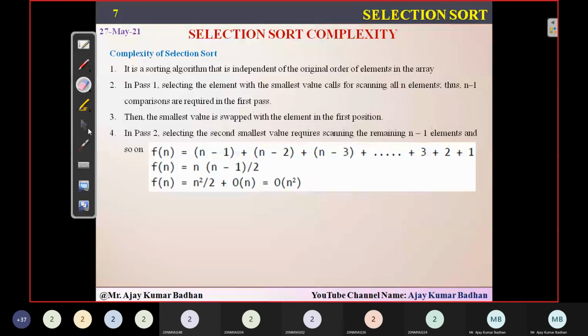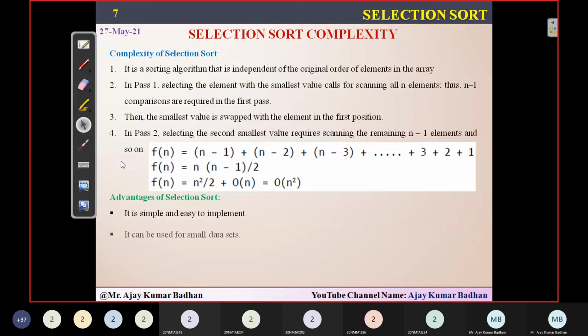That is nothing but merge sort, radix sort, and quick sort. Those are very fast. Coming to the advantages of selection sort, it is very simple and easy to implement. I think you can understand how simple it is. Within 10 lines of code, you are able to sort. So it can be used for small data sets, as we already know. And it is somewhat 60% more efficient when compared to bubble sort.